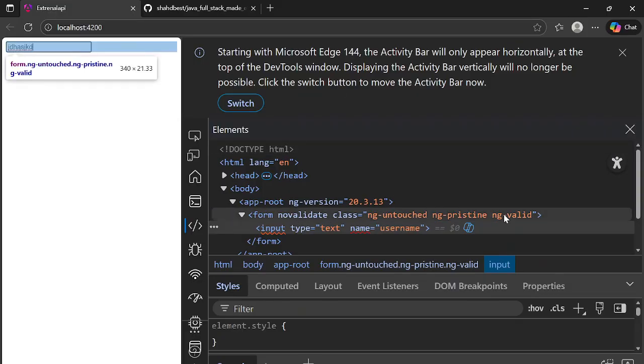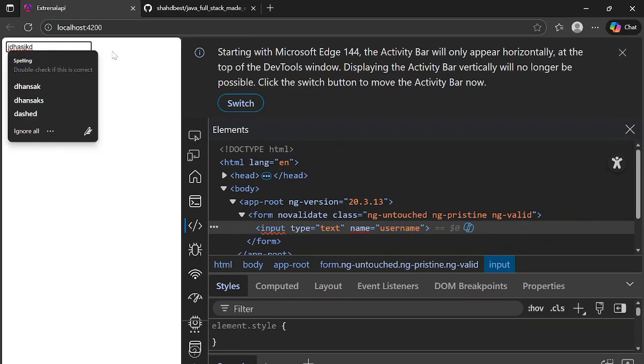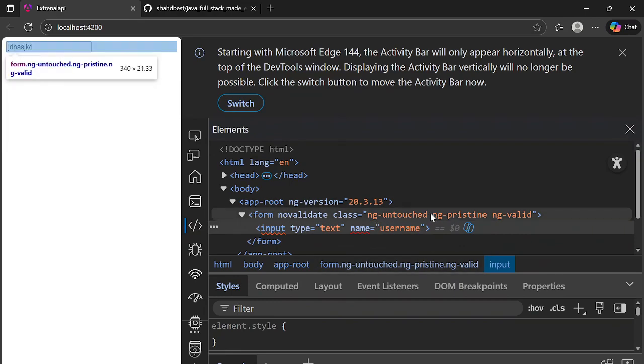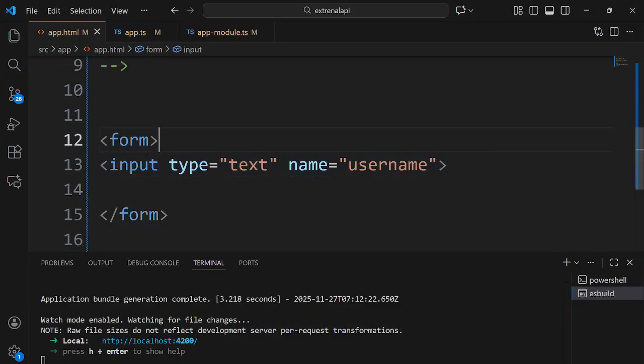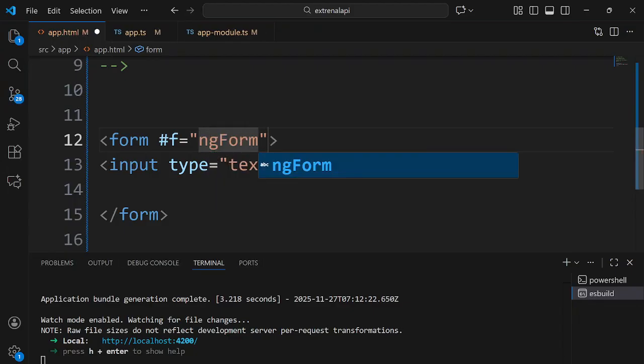Similarly, if I add validations onto this particular control, like maybe a required validator or an email validator, any validator I add, this field will have either ng-valid or ng-invalid depending upon the data that is passed with this. Fine. Although I'm touching this field and making it dirty, these classes are not changed, right? So now what I will do is go to this form and create a template variable here. Let's call it f, which is a template variable, and this template variable will be targeting an ngForm,